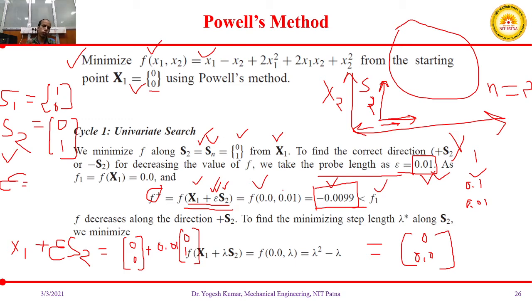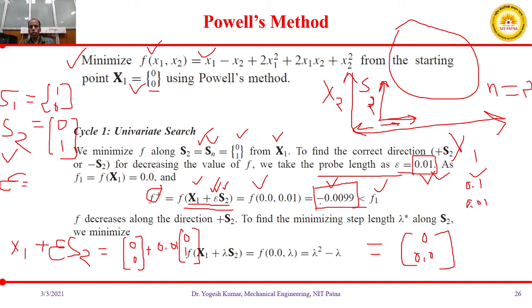You have a certain search direction, and you are giving some small increment in that particular direction, and you are trying to see the changes in the value of your given function. I hope all of you are able to follow. If you have any doubt, you can stop and ask. Otherwise, you will not be able to follow the remaining part of this portion.